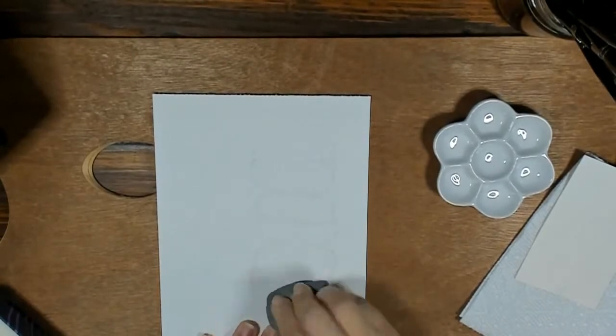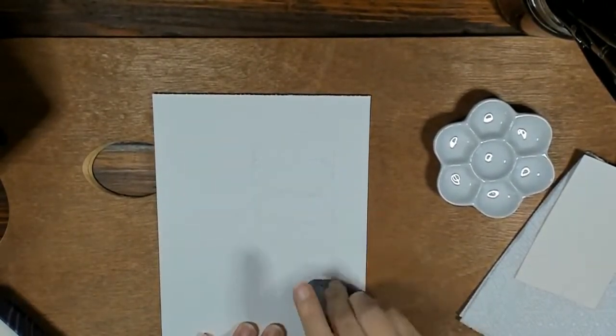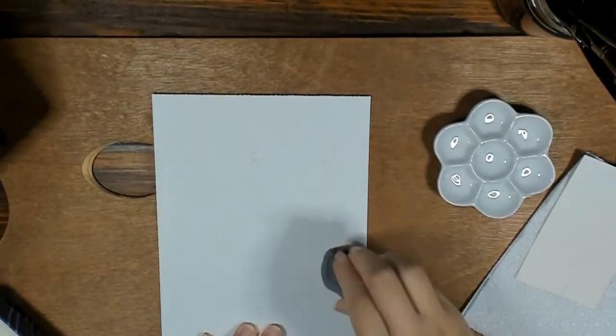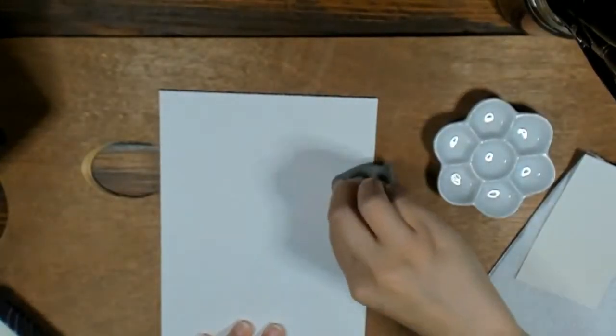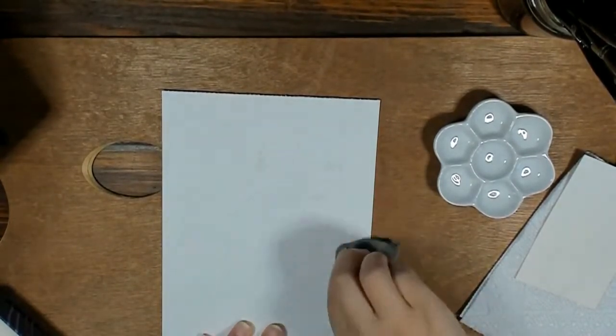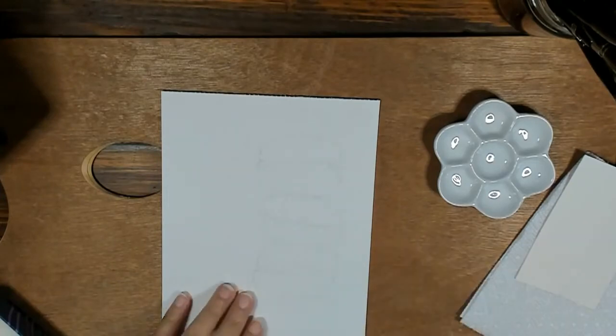Okay. Sometimes I forget to do this. If the layering is dark, then it's not such a big problem. But if you're going to be painting lighter subjects, then it's a good idea to also lighten your lines. If you're not bothered with the lines showing through, then that's okay. All right, so